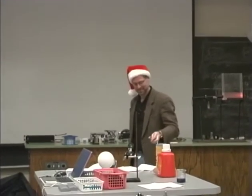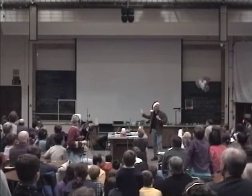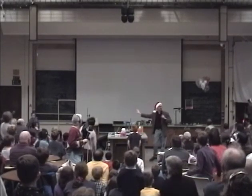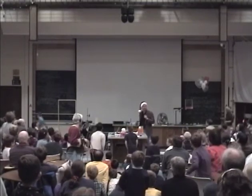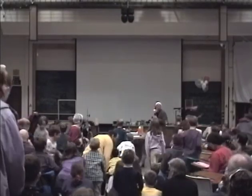Okay, so I think that's it. There are a number of things you can see up here at the front, like this gateway here is pretty neat, and a few other things. But that's the conclusion of our show, and people can come down and pick up the freebies and